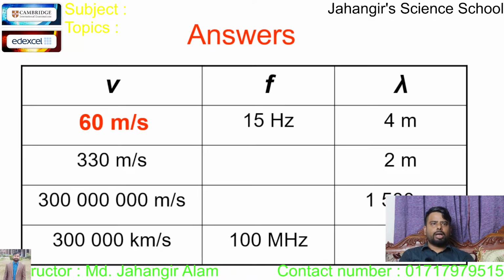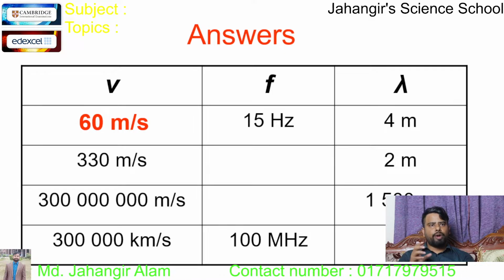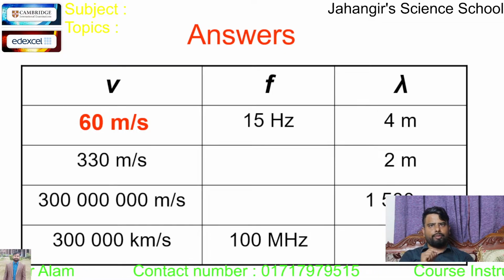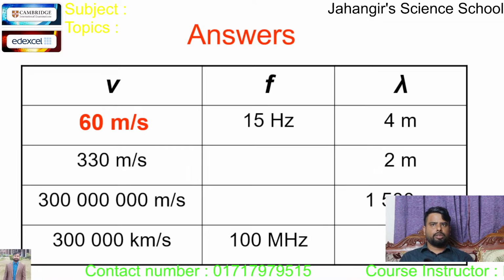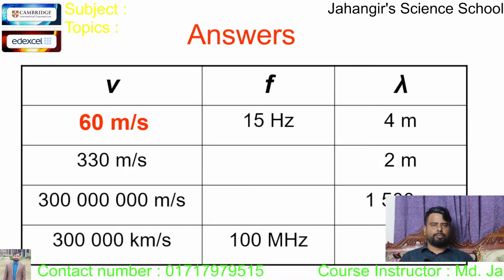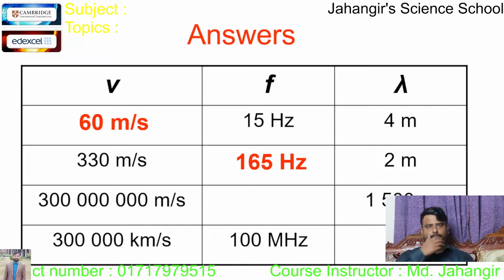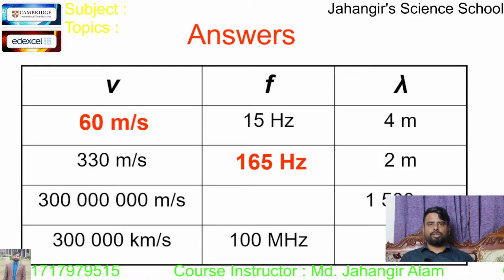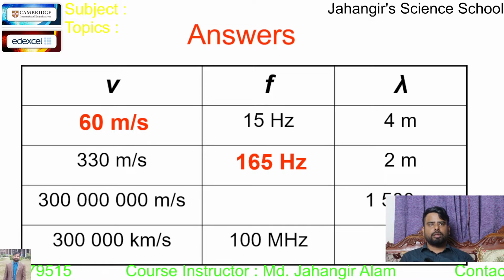In second one, we have to find out the frequency. So we know V equals F lambda. So F equal to V divided by lambda. So V 330 divided by 2. So 165 hertz is the frequency. Third one,